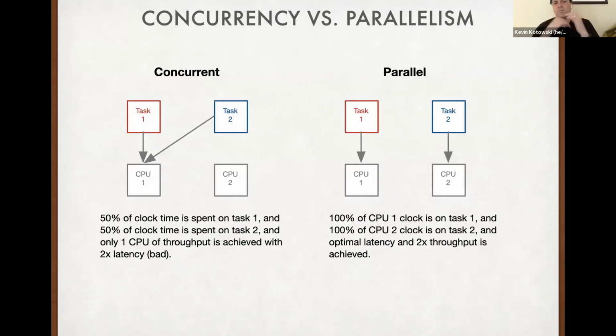Okay, so one way to explain it is that concurrent processing, task 1 and task 2 on the left here, are both being managed by the CPU seemingly at the same time. The system is making it look like they're both processing at the same time, but it's really only one processor doing the work. So it's still doing both sets of work, and both tasks are going to run slower because they're being interleaved with each other,